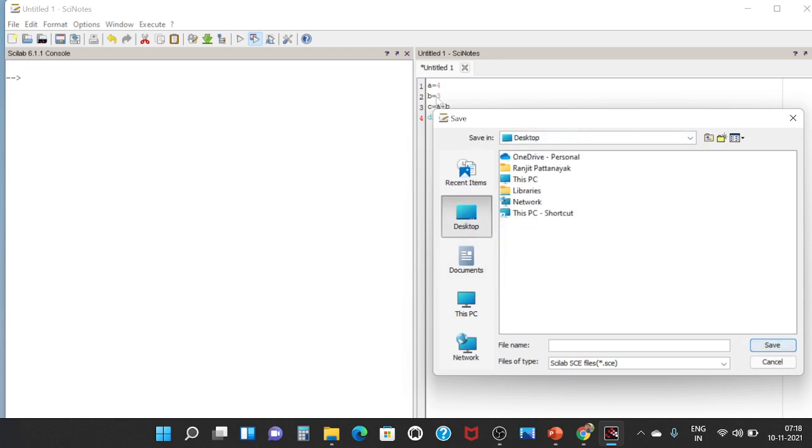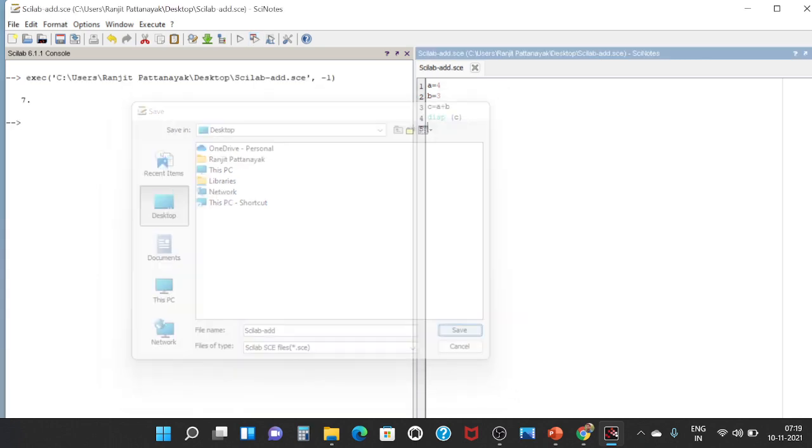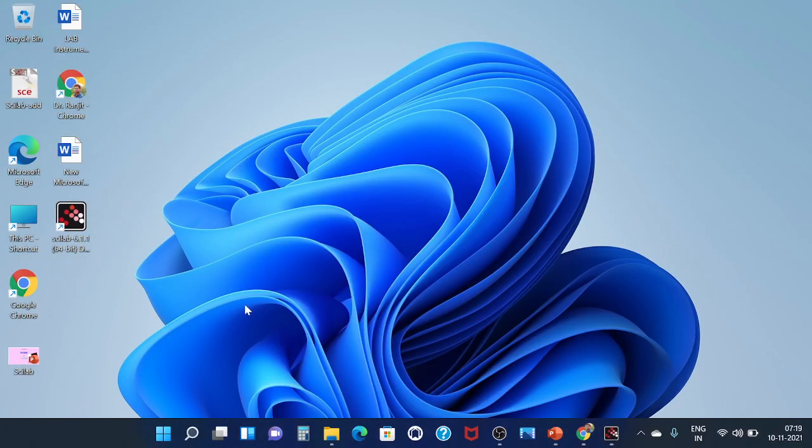Here I am going to save this program on the desktop, so I click desktop and give the name Scilab addition. Click save. You can see it has been saved on your desktop, this one, Scilab add.